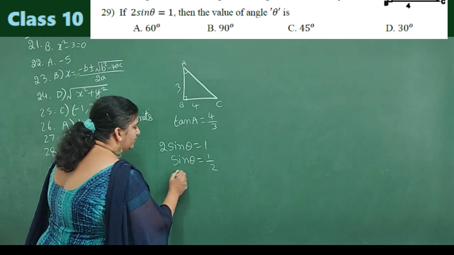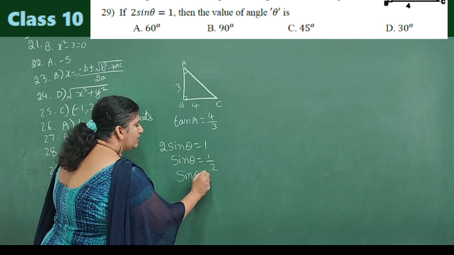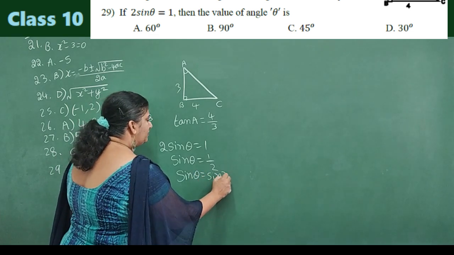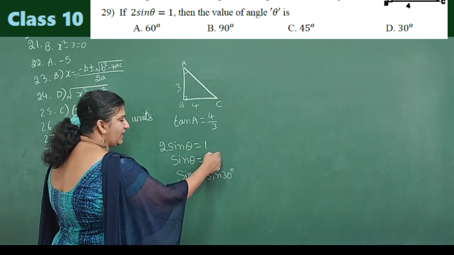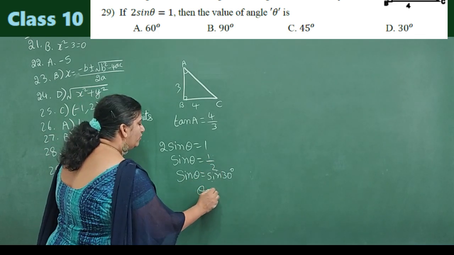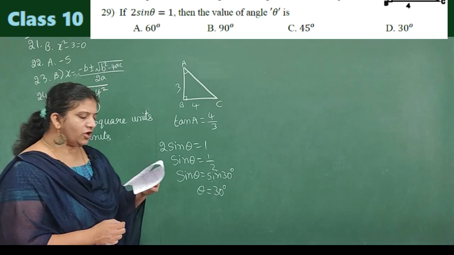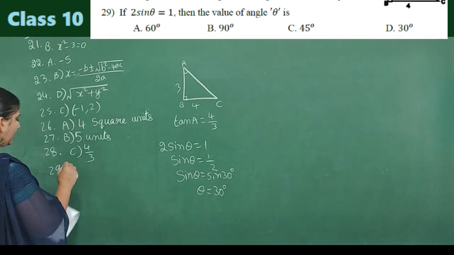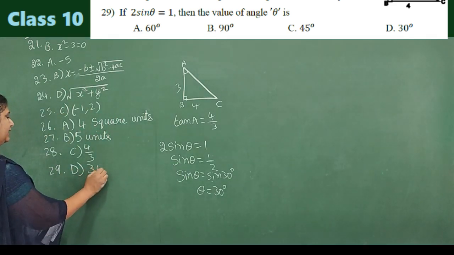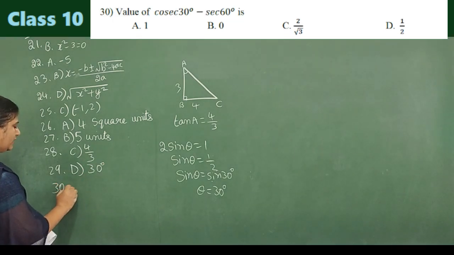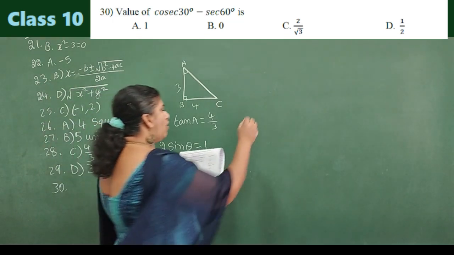Where do you get it? That is sine 30 degree. Sine 30 degree value is 1 by 2. Therefore, the value of theta is 30 degree. See the option? Option D, 30 degree. 30th one,